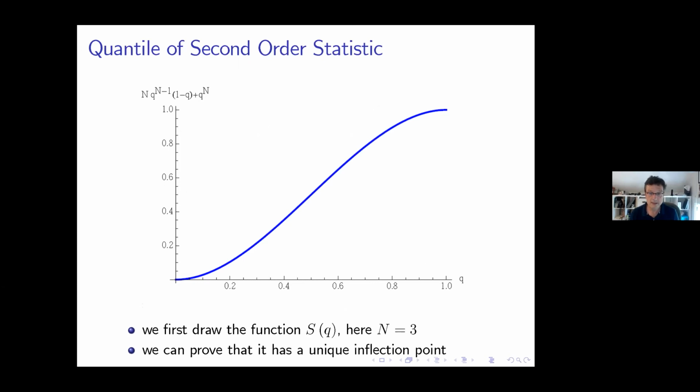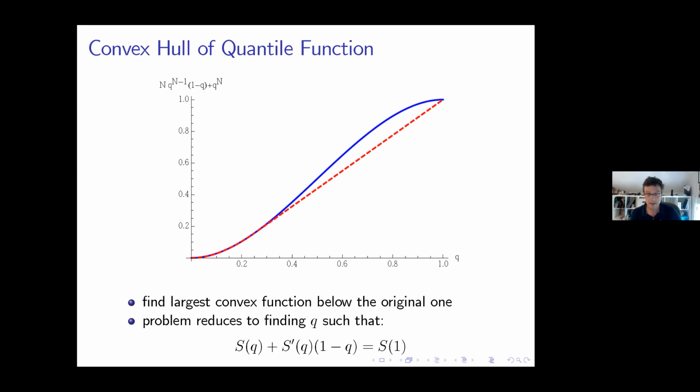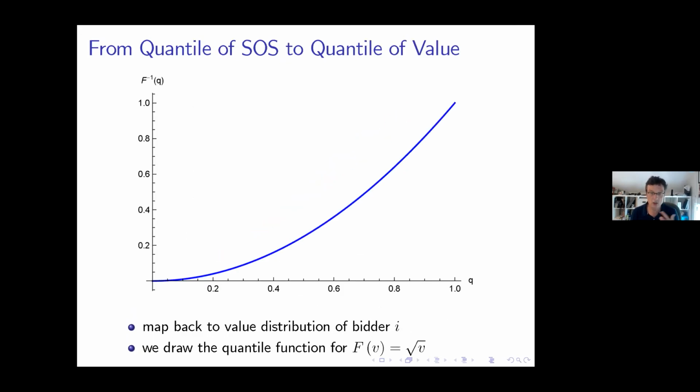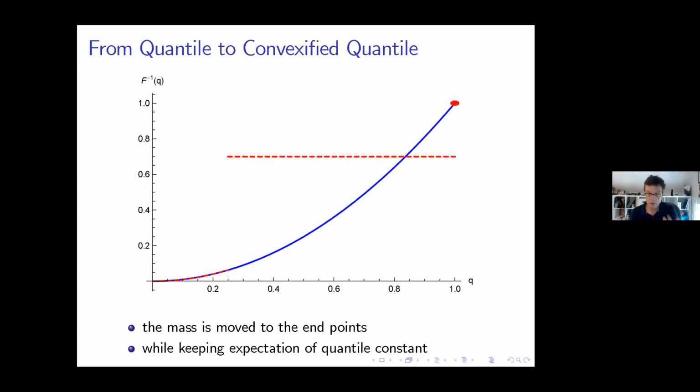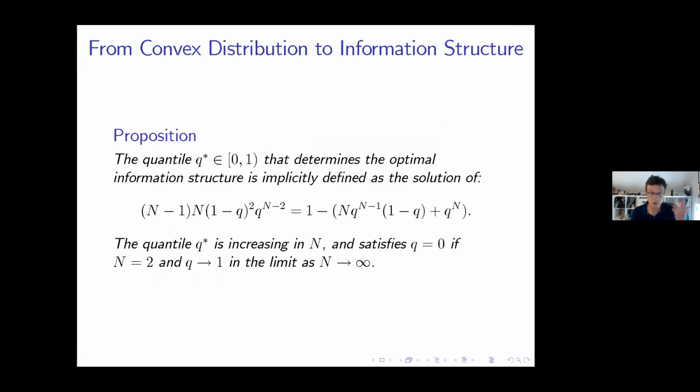With 5 minutes, I won't have time to go through the geometry, but it's basically the reverse geometry of convexification. We're going to do a convexification simply because we switched from distribution to quantiles, but the logic is the same. And then of course we have to return back from the quantiles to the distribution. You can see that in the slides. The quantile is determined as a solution to this polynomial. The one thing I want to take with you from here is that the quantile is increasing in n.